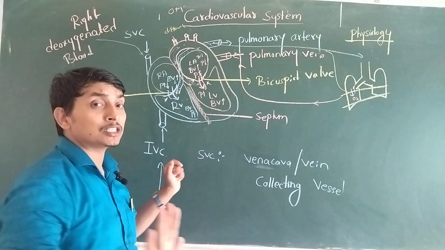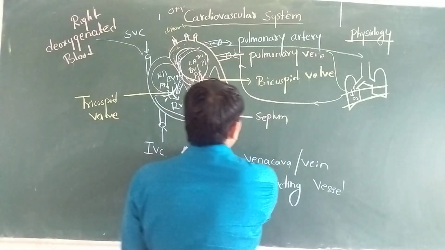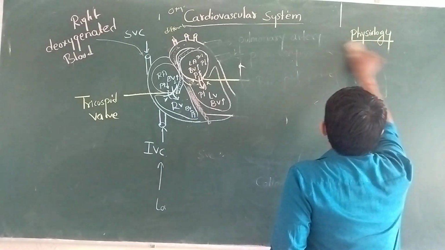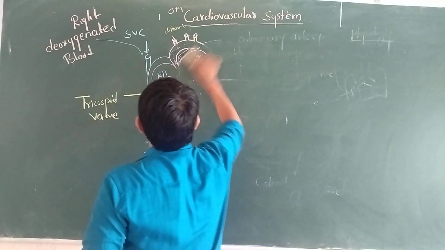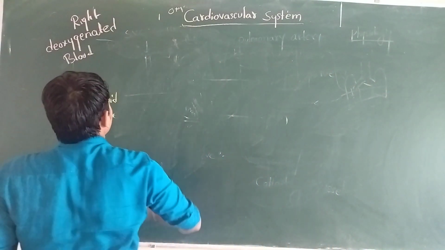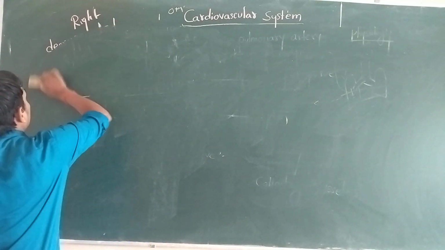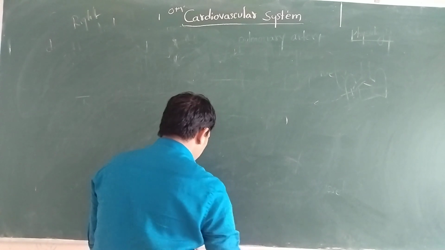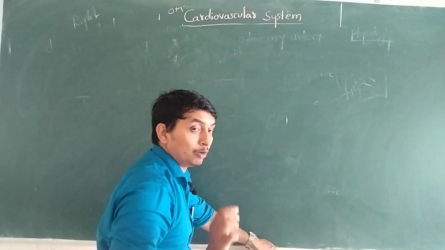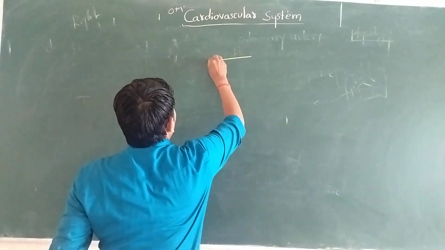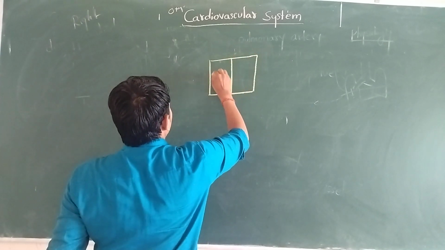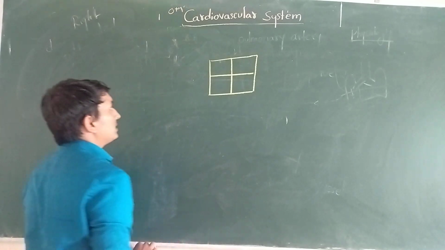So here we'll discuss once more with another diagram. A very simple diagram. I hope that by this diagram everyone can understand the physiology of circulation. So just make a rectangular shape. Suppose this is the chamber of our heart. Many times we have discussed this in class. This is called the chamber of the heart.